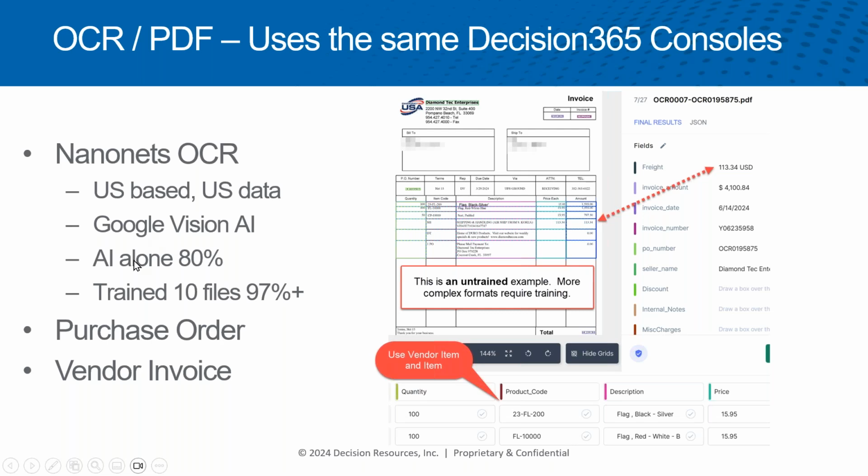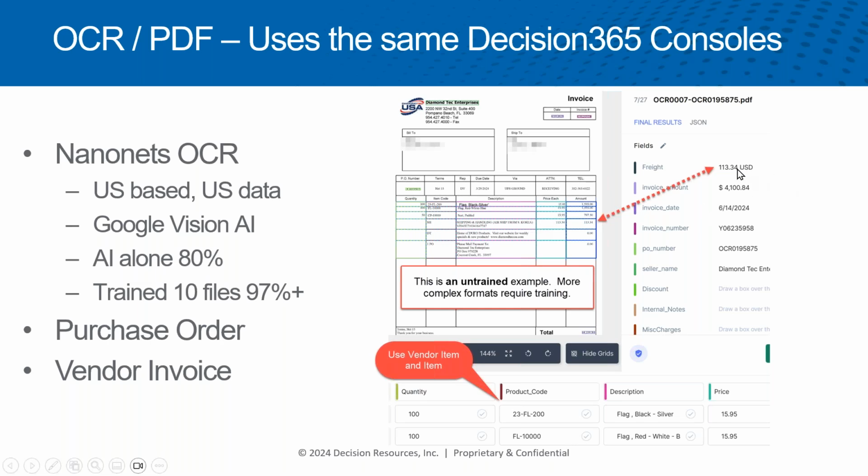They leverage the Google Vision AI, just using AI alone, and the documents I'm showing today are in fact untrained. So the OCR will go in and it'll say, hey, that must be the company, and it'll find the invoice, and it'll find the PO, and it'll find different things. But it may get the description screwed up. Or in some cases, there'll be more than one PO on the form, and so it doesn't know which PO you're using. You should not expect 100% accuracy if you don't train it, but it's still a lot better than